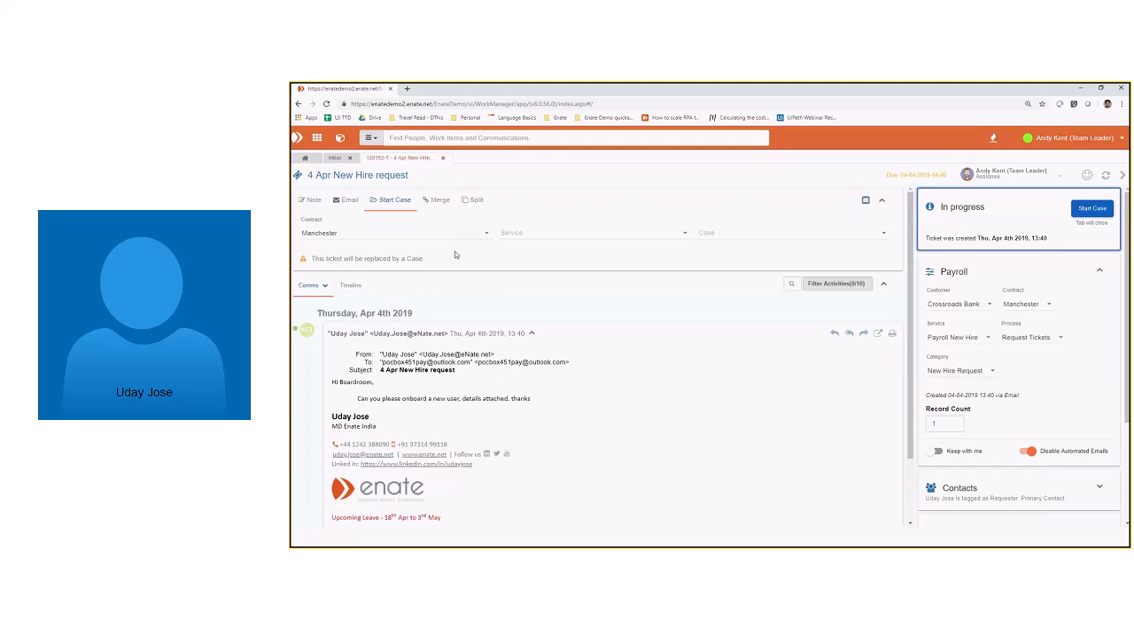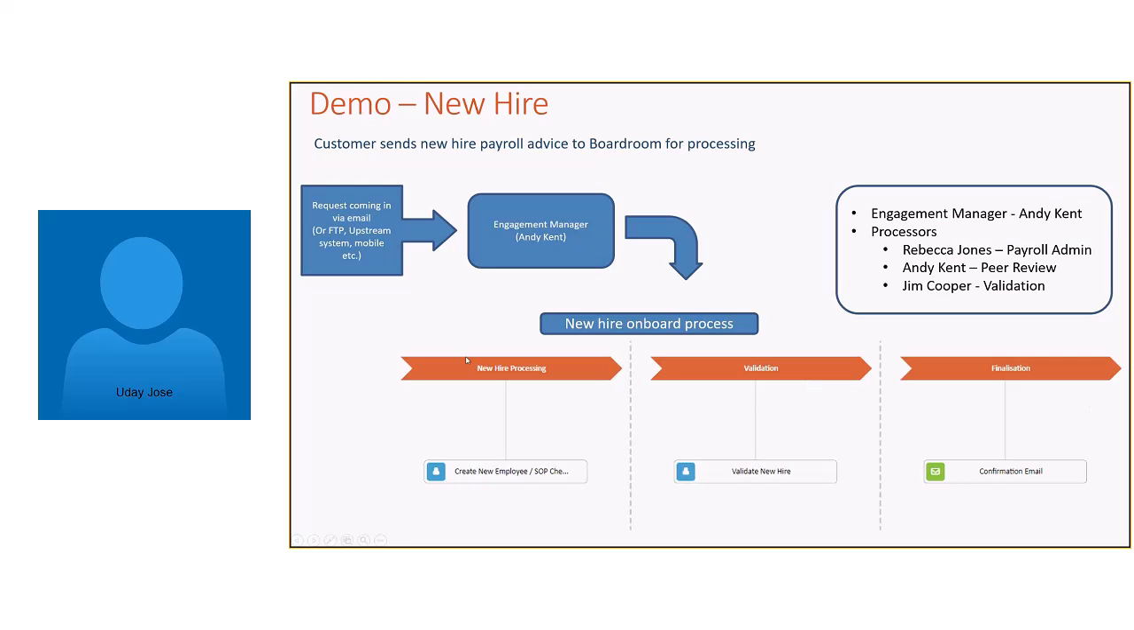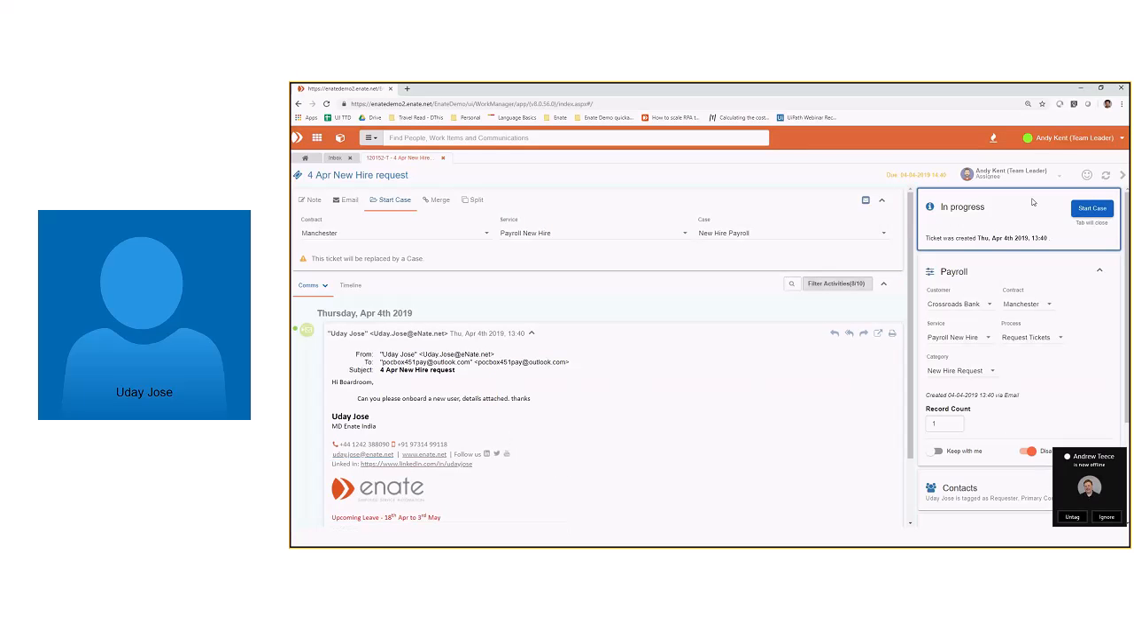In this case, Andy sees that this is for the payroll new hire service. So Andy selects that and Andy says start case. So what Andy is about to do now is essentially launch this process, and it's going to land in with a create new employee activity, which is going to get given to a user to process. So if I just hit that,